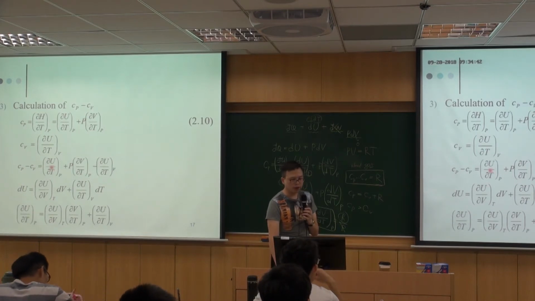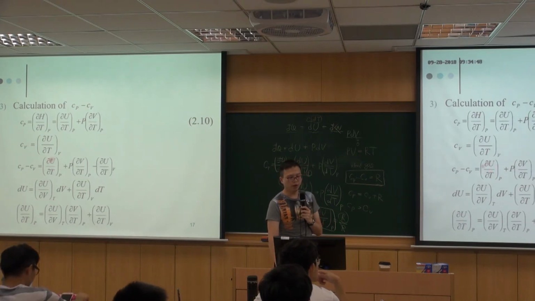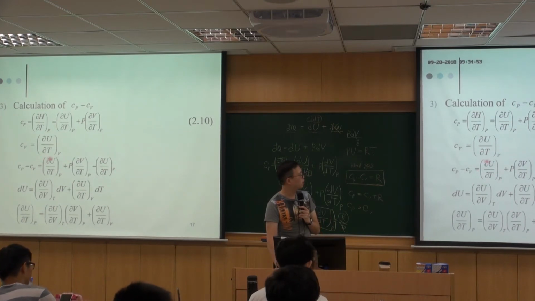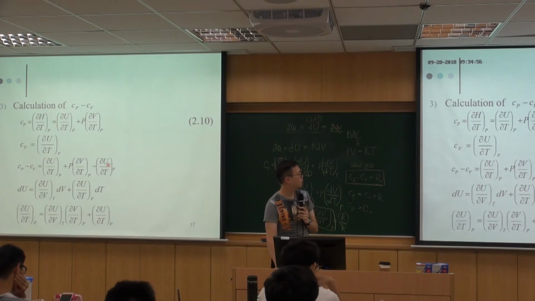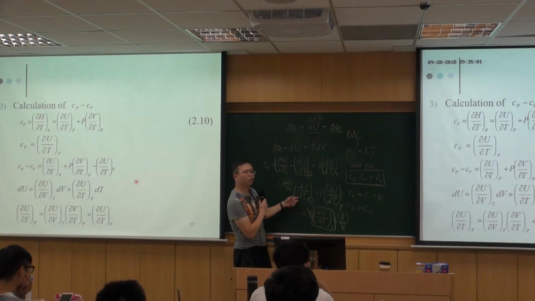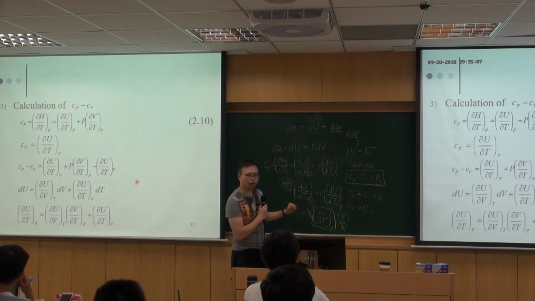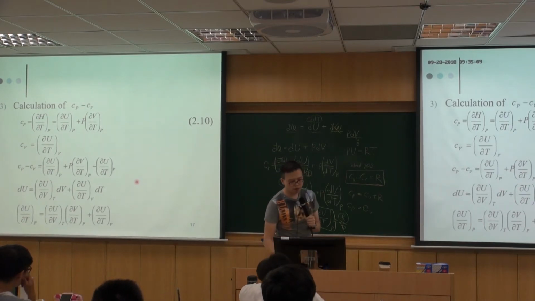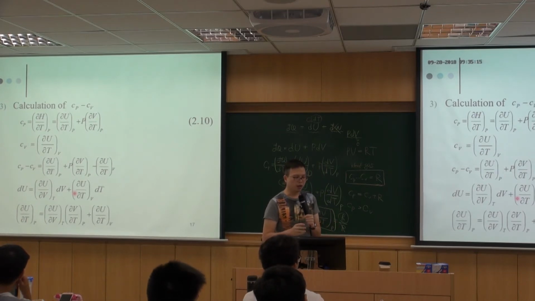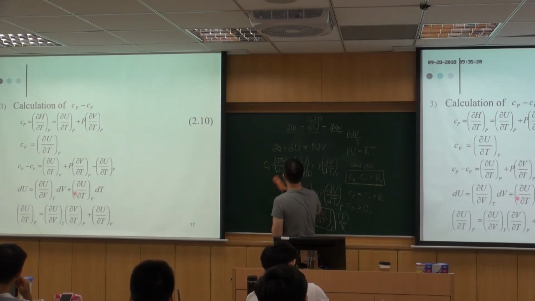And like I mentioned earlier, the goal of this derivation is to find out if this is the same as this term. So we want to see if the first term over here is the same as the last term. And just like what I mentioned, if this one can be converted to this one, if these two are the same, then we will have the relationship that we want to derive. So to do that, it's actually kind of a little bit not so intuitive, at least in this textbook,